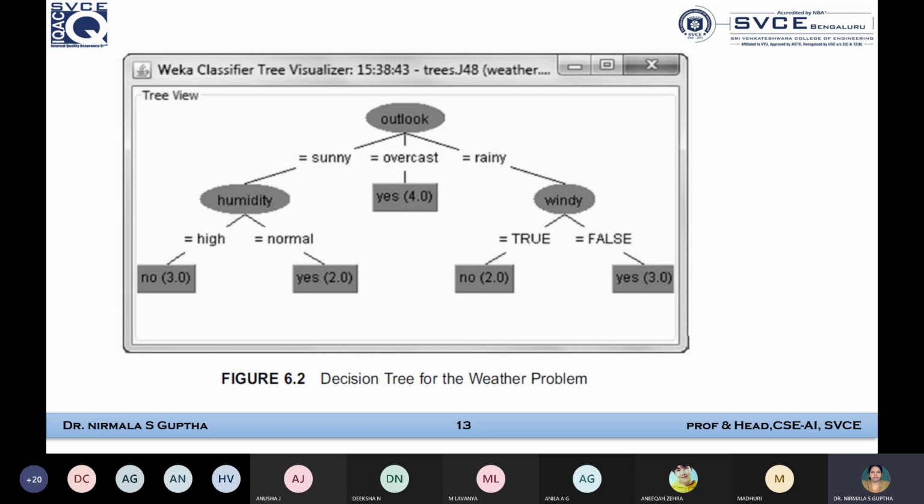Then it may also be possible to increase the predictive accuracy by making more subtrees. It is not like I have only considered outlook, temperature, humidity and windy, so you can still go further. The levels can be increased and a perfect fit can be done to capture the random variations and random variables of the data. So it may fit all the training data set very well in the decision tree. So that is also one of the observations we can make.